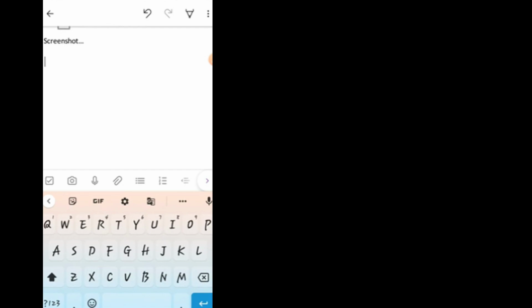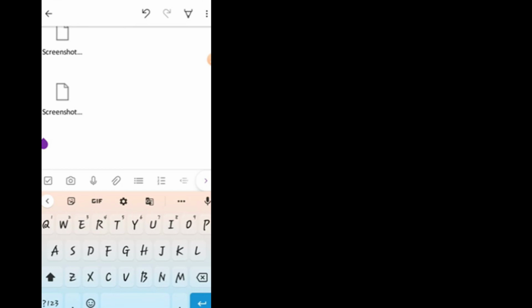The file is uploaded. You can also record your voice by clicking on this mic icon. As a recording is already going on this phone, that's why this is not working now. You can do it yourself. Just click on this microphone icon and give whatever voice message you want. So this is how a student can do the work and upload it here. After this, just click on back and your chapter 1 exercise will be uploaded in your computer homework.